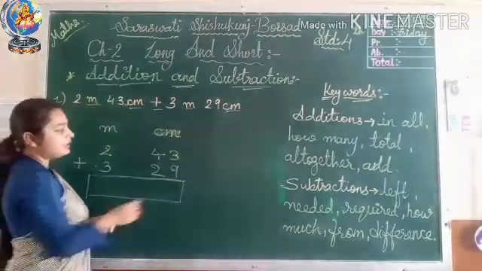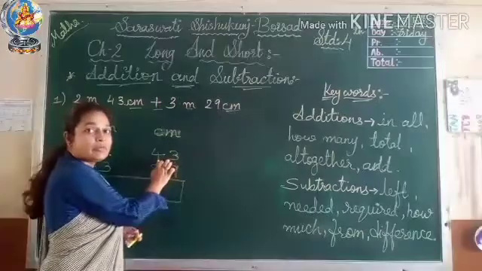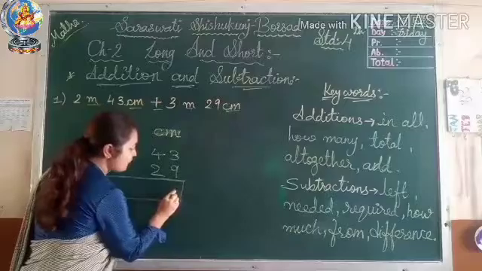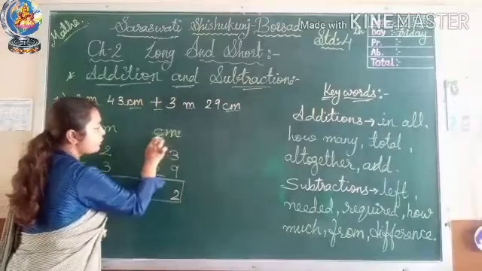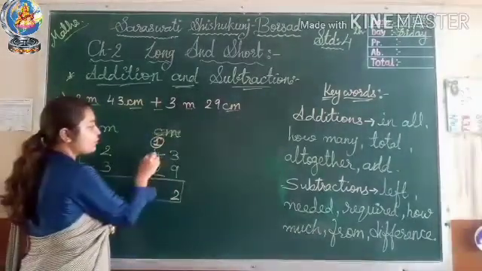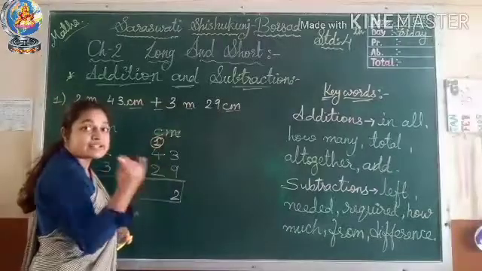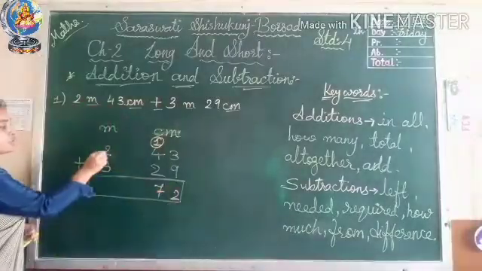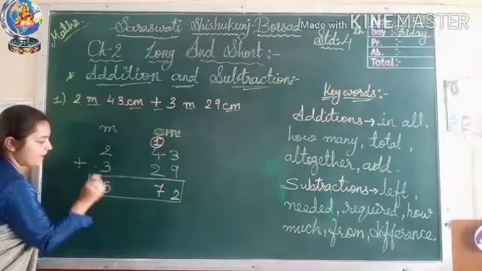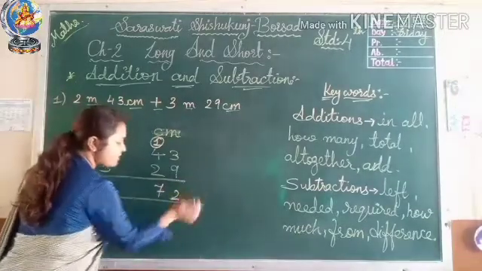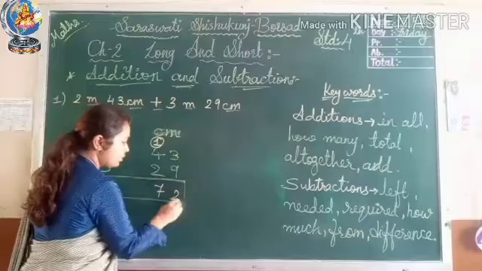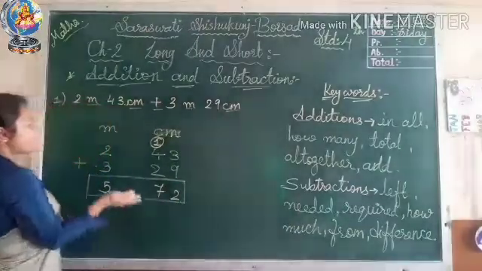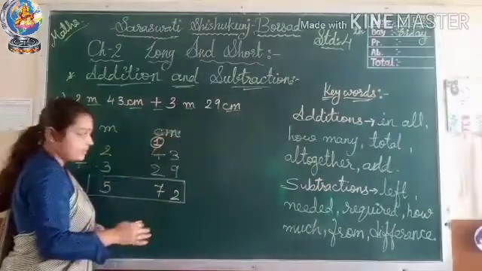Right, you can see that 9 plus 3 more, if you say 10, 11 and 12. So 2 will be here, 1 carry goes on 4. Right, 4 plus 1, 5 plus 2, 6, 7 will be here. 2 plus 3 will be 5. Here, in the answers also you can write units, but it's not necessary to write it. It's not important. Why? Because you have already written upstairs.